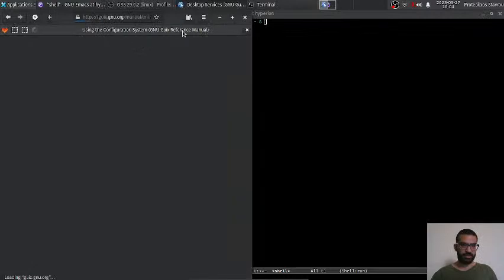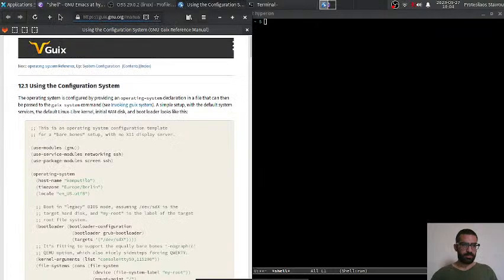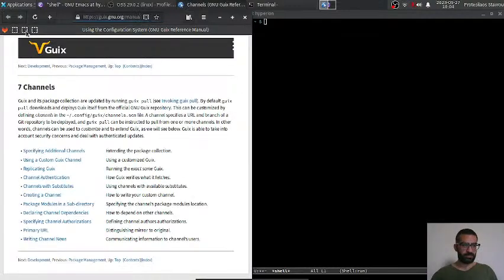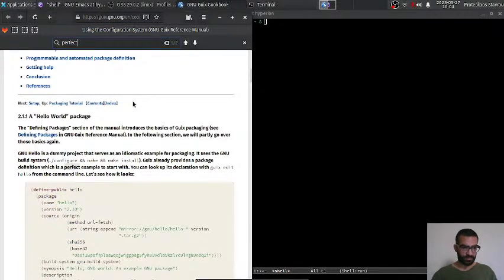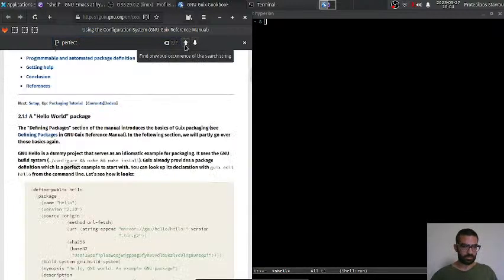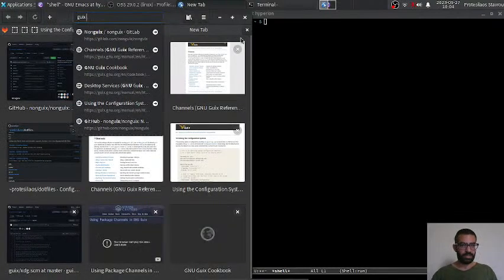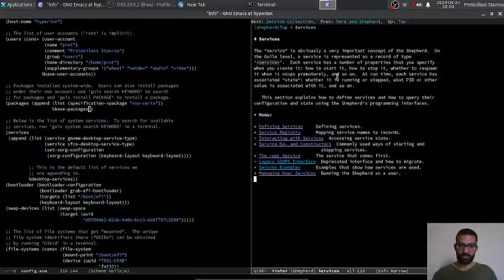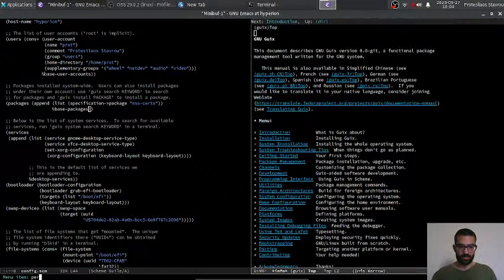GNOME Epiphany, GNOME Web, how is it called? I found one. It was called the Perfect Setup. I found it in the Guix manual, but it was in the Guix cookbook, I think. Perfect Setup. It was here. Oh, this is not what I'm looking for. Okay, it's not here. So probably it's in the Guix manual, which I should have access to from here, right? Let's do Guix and perfect. No,